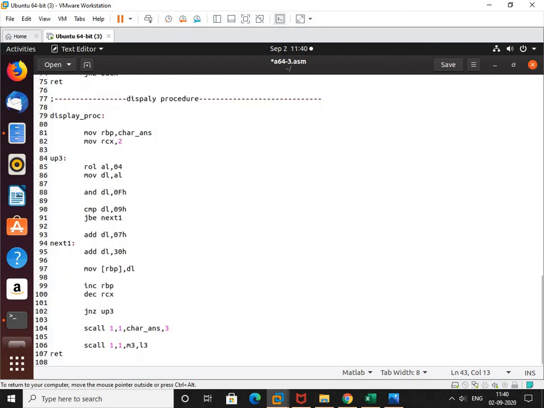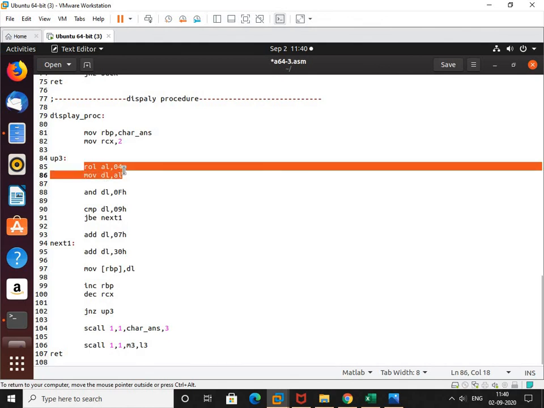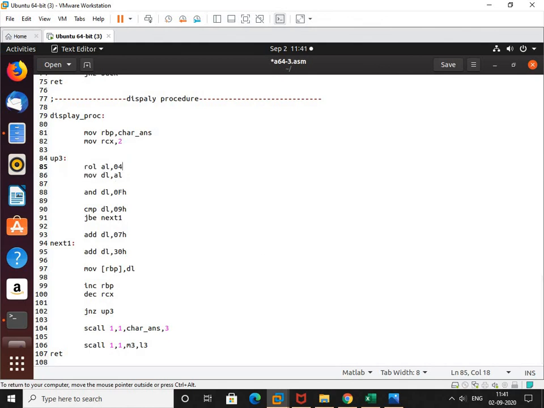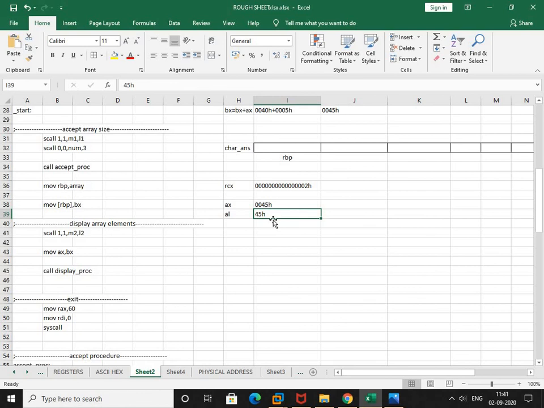In the display procedure, roll left the content of AL by 4 bits. Whenever you take the input, at first you have pressed this 4. Whenever you want to display, the 4 should get displayed first.